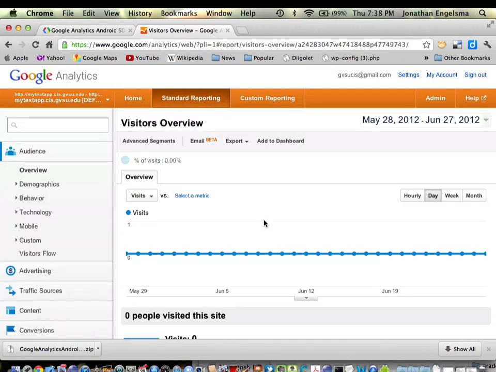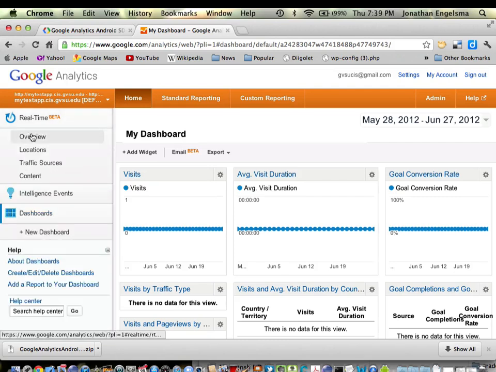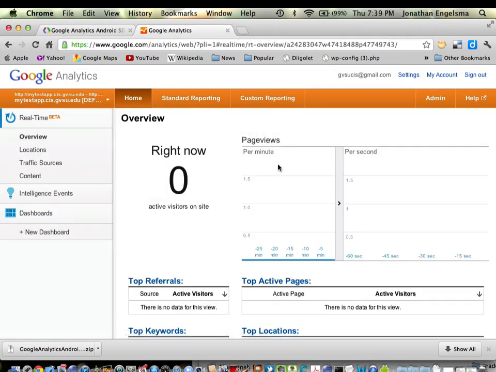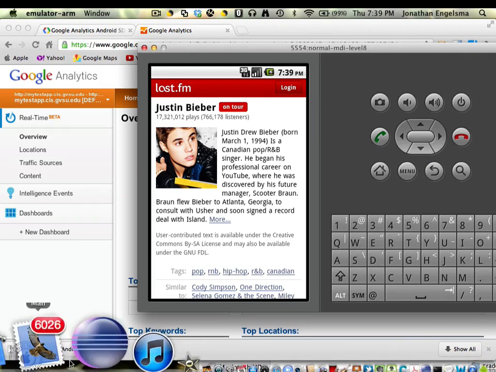So this is where you're going to open up when you first click on your app. If you go over to home, and then the first thing up here in the upper left nav bar is your real-time data. And if we go there, there's nobody on here right now. But if we go in and run the app again,